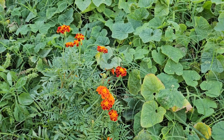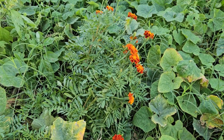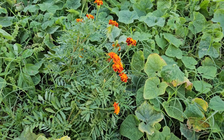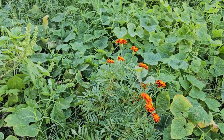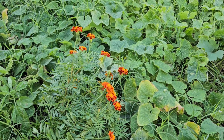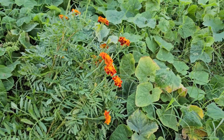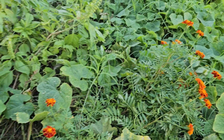Marigolds are beautiful. I'll probably clip some more of these and just put them in a vase inside or something. The guinea pigs didn't seem to be a huge fan. I did go live to feed them some of those marigolds. I picked 2 flowers so that they could test it out, and they weren't crazy about it. But they might really enjoy the leaves on them. So I might still try and pluck off some of the leaves and see if they'll like that as